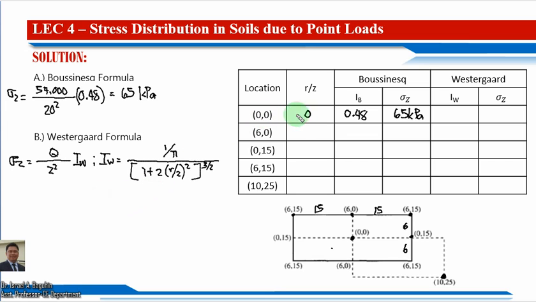Since our R over Z is equal to 0, the quantity is 1, so therefore our I subscript W is simply equal to